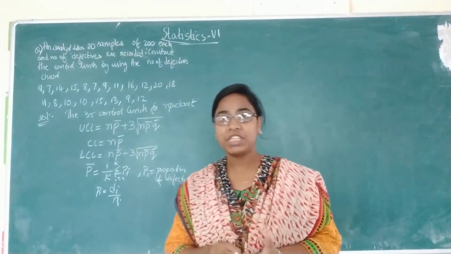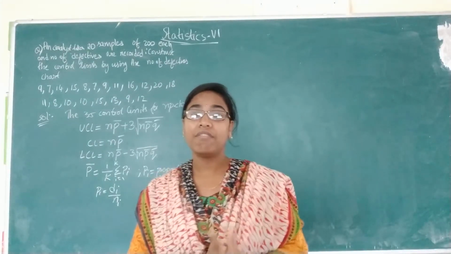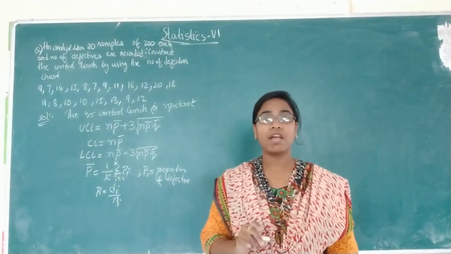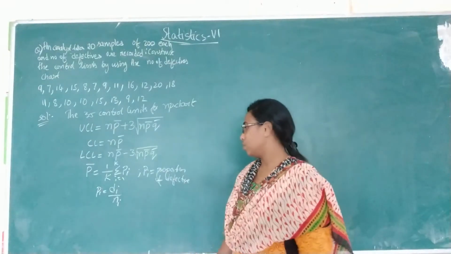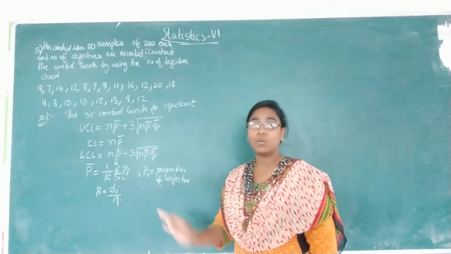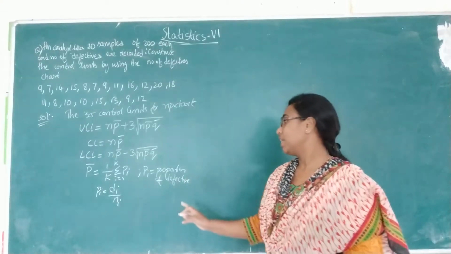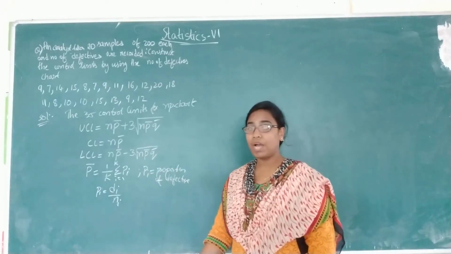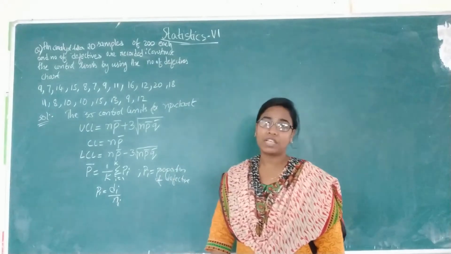Here the NP chart is also called the D chart, meaning defectives chart, so defectives are plotted here. In the last problem we plotted pi values; here we will be plotting the Di values. So only the Di's are necessary for graph purposes, and the pi's are only for finding the average of the pi values, that is p bar. Since it is unknown, we have to estimate the p value by using the average of the fraction defectives.